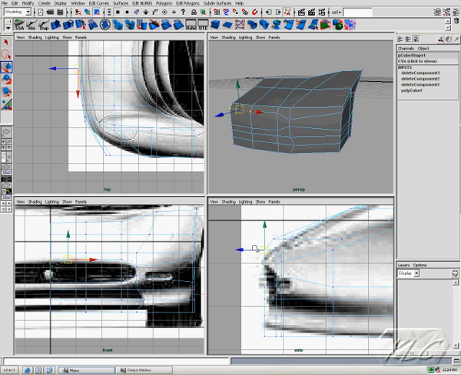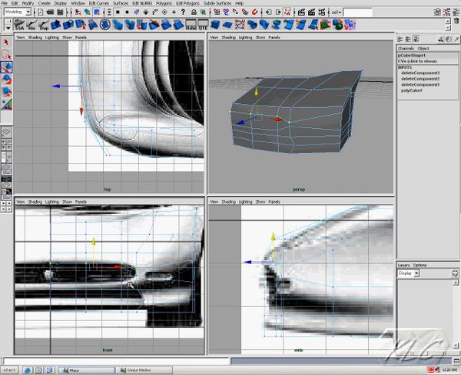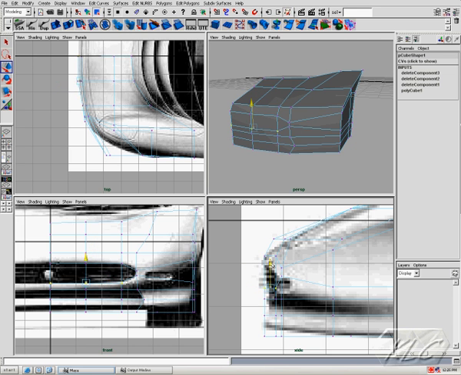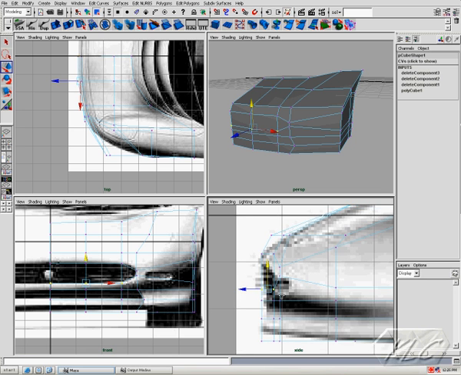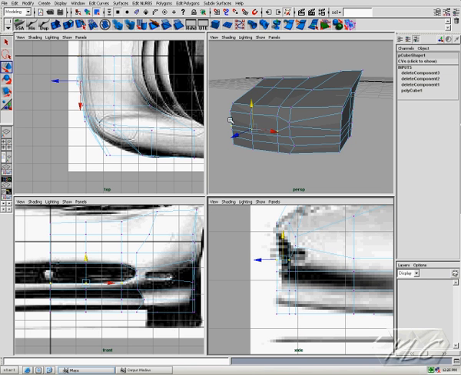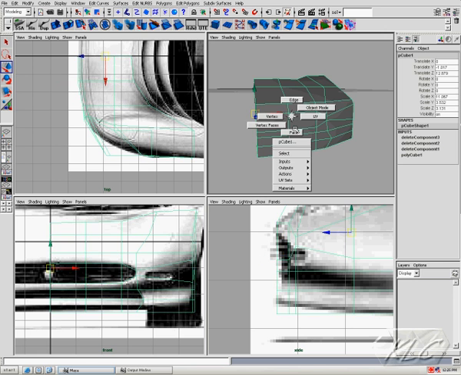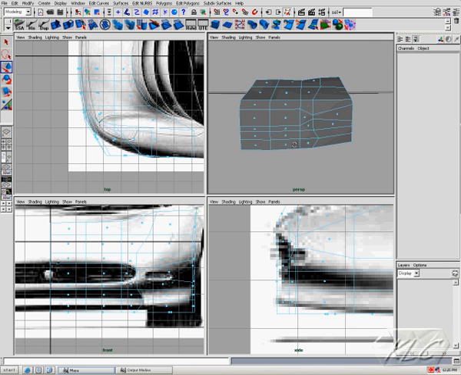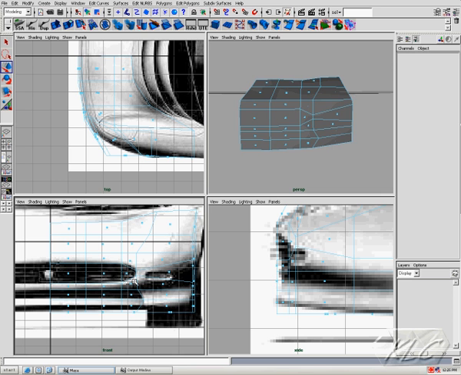Take a look at these here. I should probably bring them down a bit in this viewport here. So we'll go ahead and bring them down to there. Here, could go down just a tad bit. And the rest is looking alright. So now we can go back into our face mode here. Select the faces